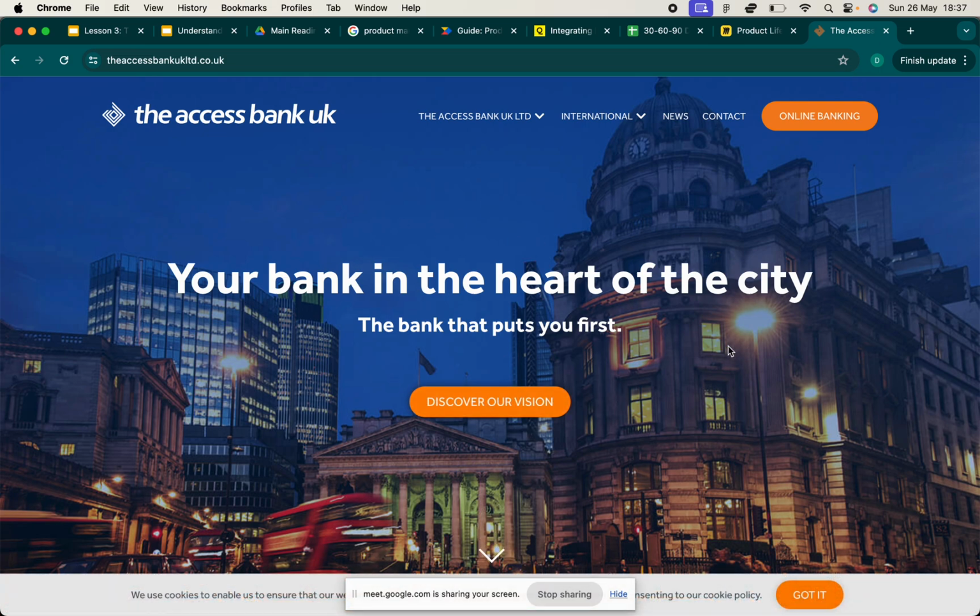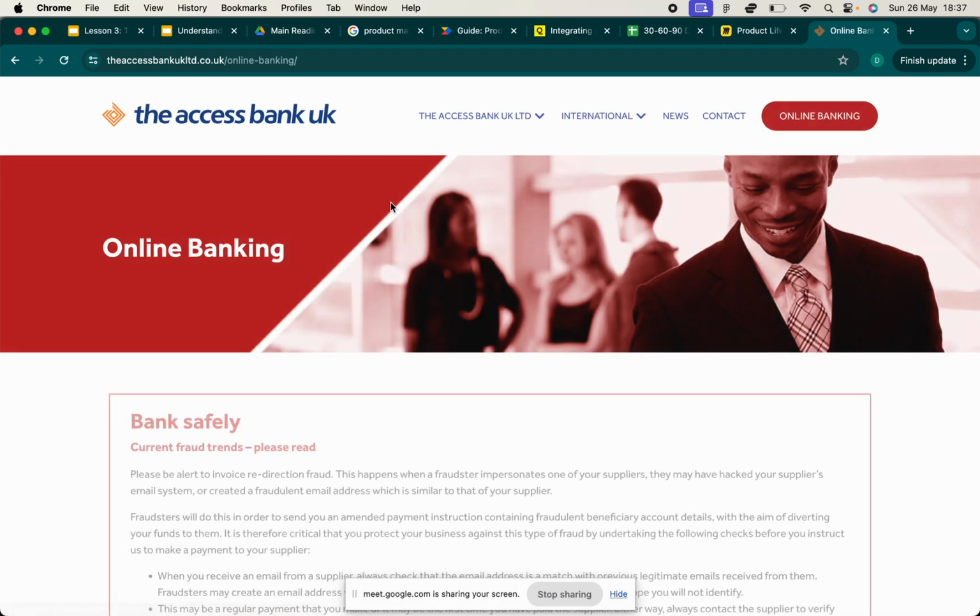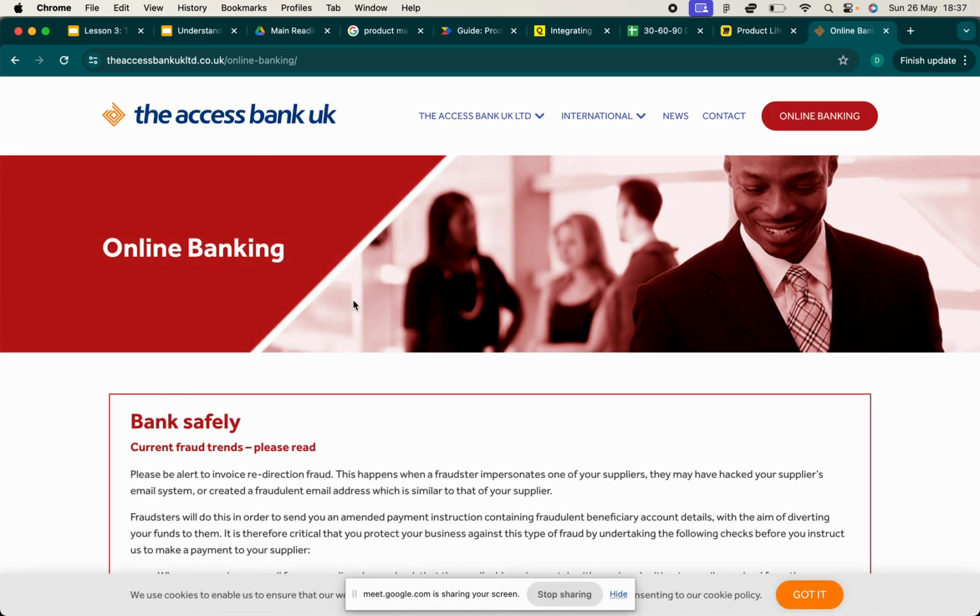I'll call this a service. It becomes a product once I go on online banking. Now I'm trying to access their online banking product. So that's a service. But if I have an app, all apps, you can refer to them as products or services. Any question on this?